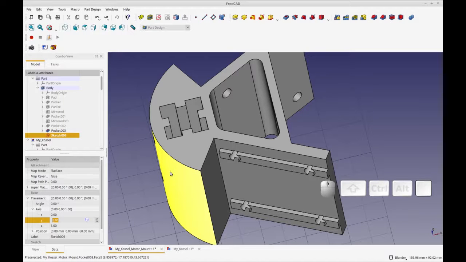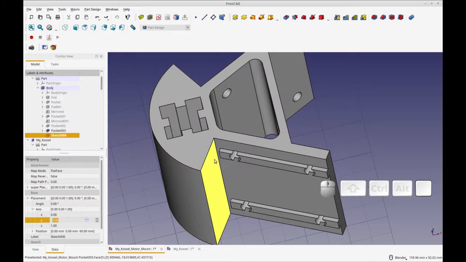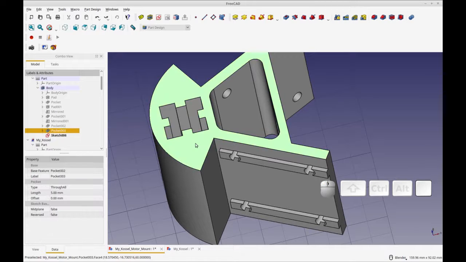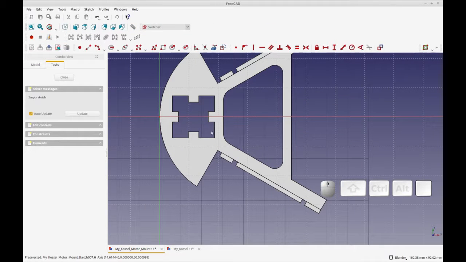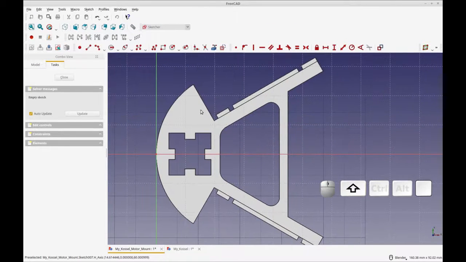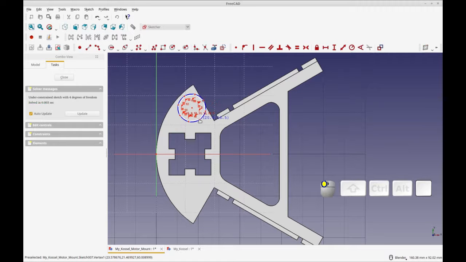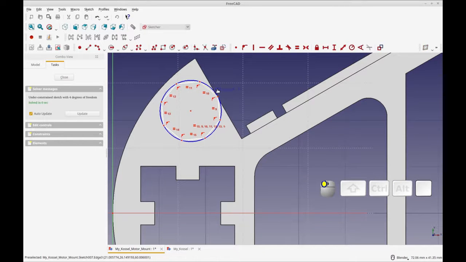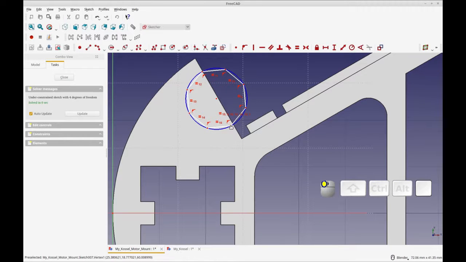The next step in our project is to add a cutout for access to adding fasteners to the 2020 extrusion. We're going to be adding a sketch to this plane, and it'll be an octagon. We're going to do it on the top. Let's pre-orient this a little bit so it makes sense. So we'll orient it some this way. Let's zoom up. So we'll put it about where it's going to land,